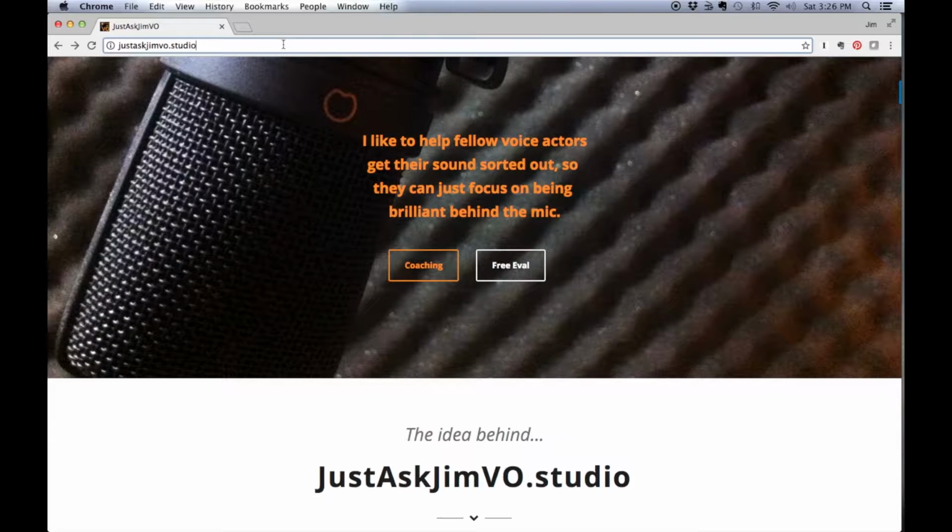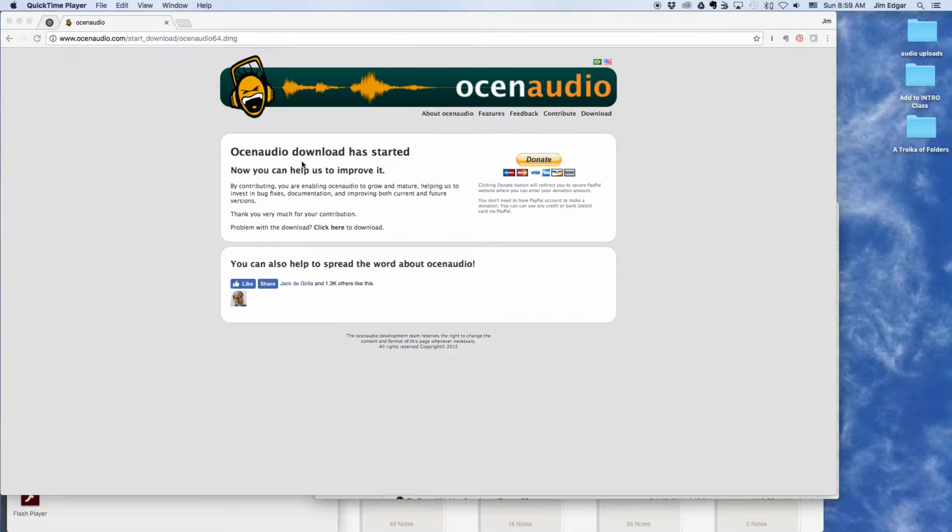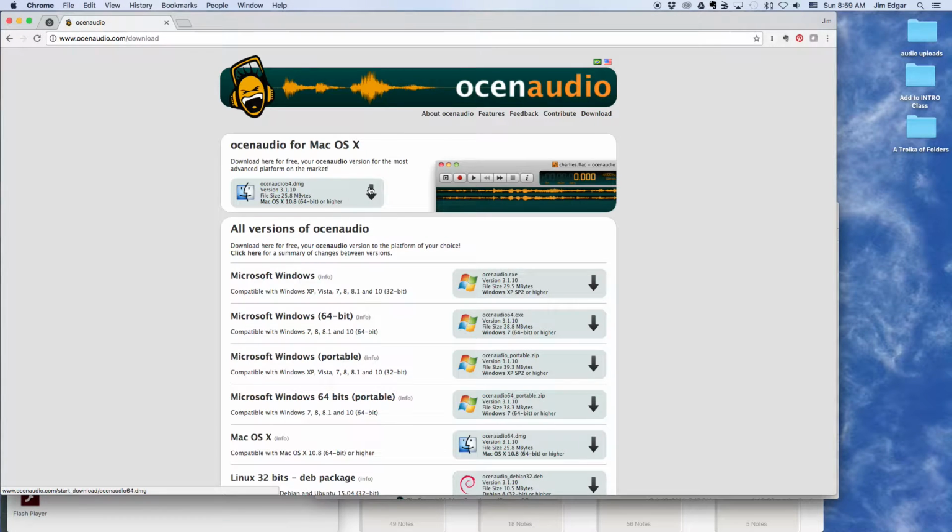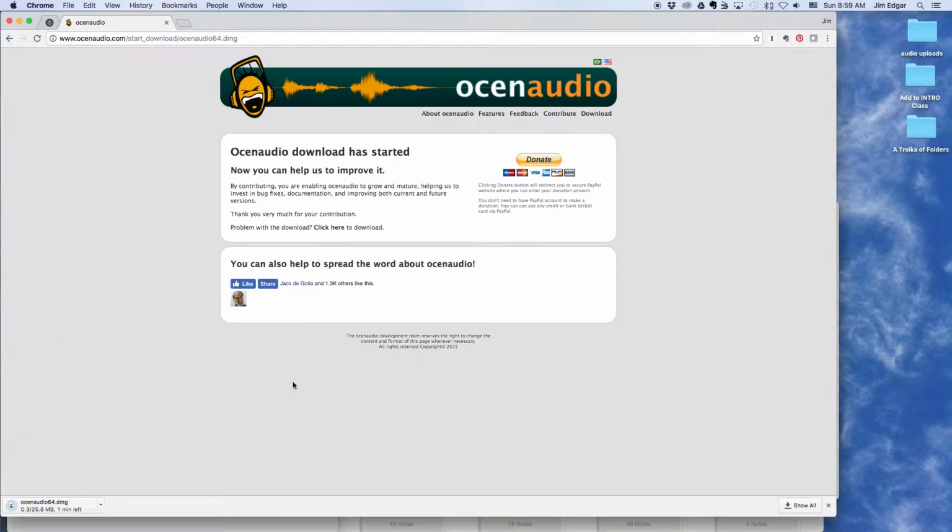One of the things that can actually happen when you do this is you can run into a little trouble from the Apple security settings. So I'm just going to run through basically going to the Ocenaudio site, clicking on the appropriate download, watching it download to your local computer, and then double-clicking on that in order to get the DMG file to open up,